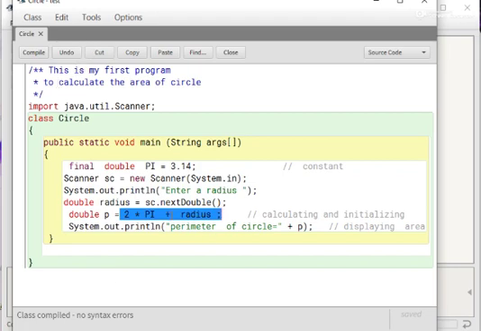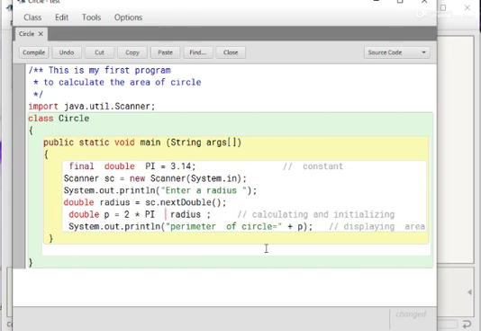This type of error gives an incorrect result, but your program will get executed. Now change it as previous.